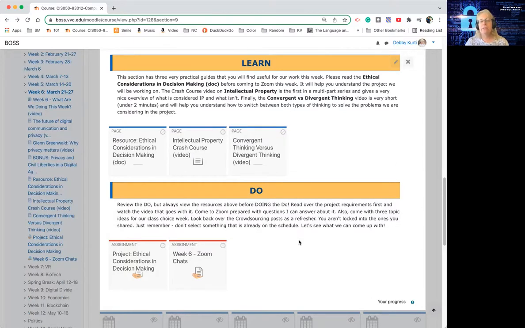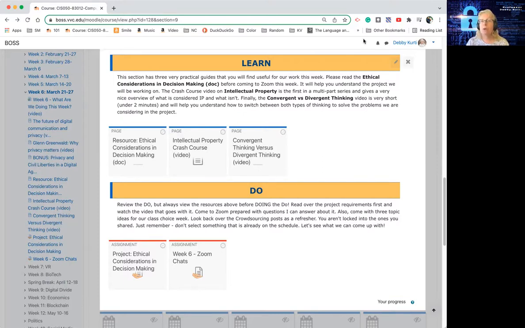And then finally, this week we have Zoom. A lot of people have already signed up, so if you haven't signed up, please make sure you get in there and do that. This is going to be one of the more useful Zoom sessions of the whole semester. And you want to do 2 things. Make sure you come prepared, like make sure you've looked over the project so that at least you can come prepared with some questions about it.